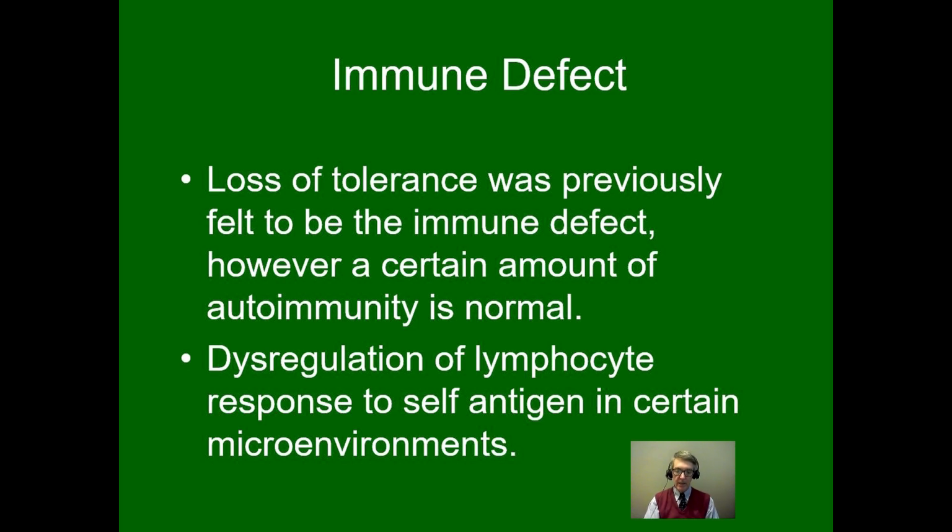What I mean by that is normally the immune system needs to react to foreign antigens, foreign organisms, and not react to itself. Immunity is defined as a state of specific reactivity to a foreign substance, whereas tolerance is defined as a state of specific unresponsiveness to an antigen. And so it's important that we not react to ourselves. So it's a learned response to not react to